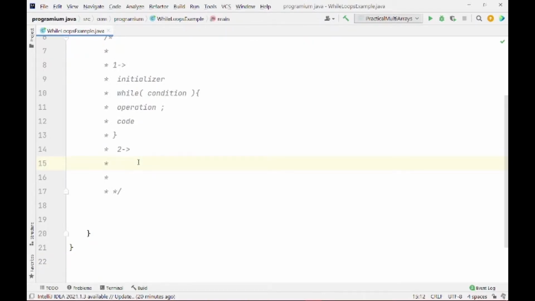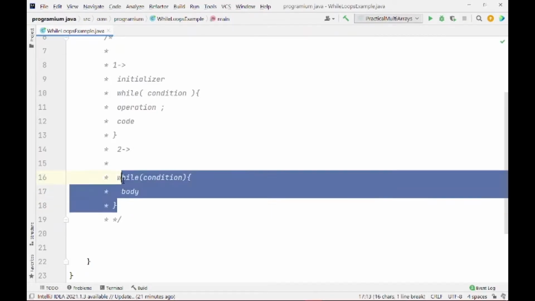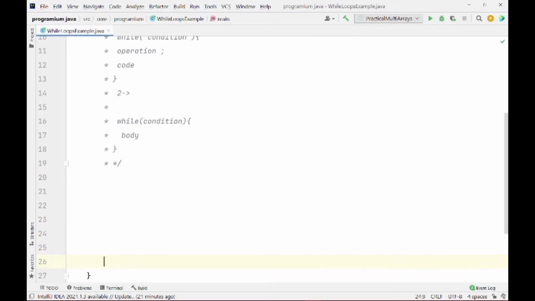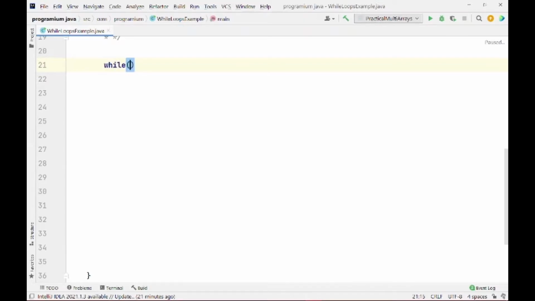Let us have a look at the second method that we can use with while. That method is pretty simple. You just have to write while and a condition here, and here would be the rest of the body of this loop. Until this condition is satisfied, this loop will keep looping. Let us have a practical implementation and example here. I am just writing here while true and parentheses, and printing I am in a while loop. Okay, let's run this file and see its results.